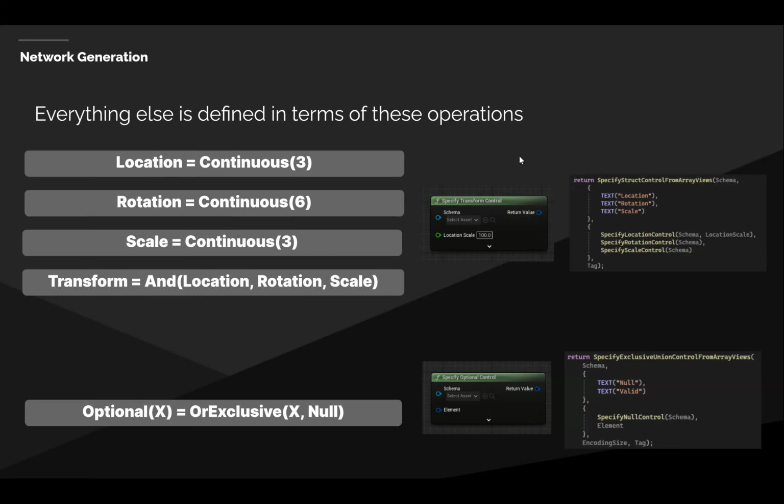And we can define these in Blueprints or C++. Or here's another kind of interesting one, which you saw, which is this optional control. So you can think of the optional control as an exclusive OR between some other control and the null control. So either saying, okay, either I'm going to give this, or I'm going to give just the empty vector and give nothing. And you can see exactly how this is defined in C++.